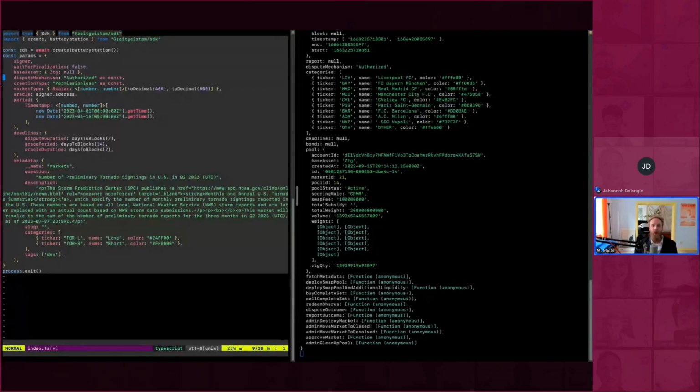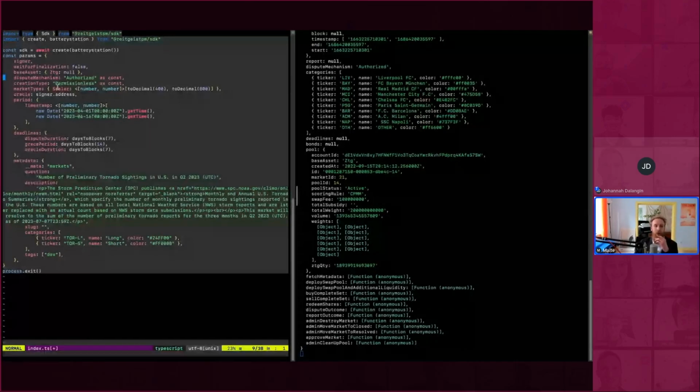Now, market type is categorical or scalar, right? And if you're specifying a scalar market, you'll want to specify the range, this A/B thing that we talked about earlier.